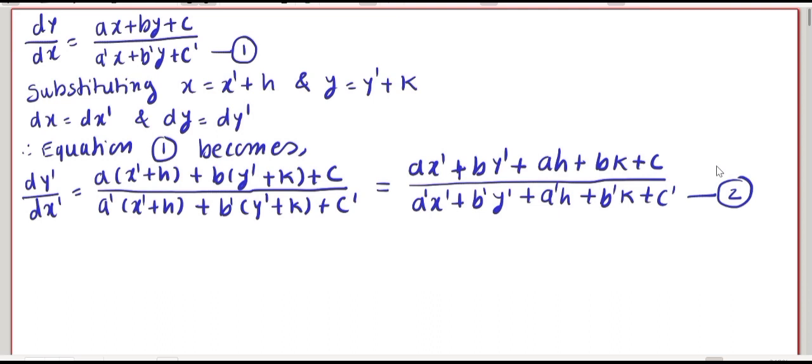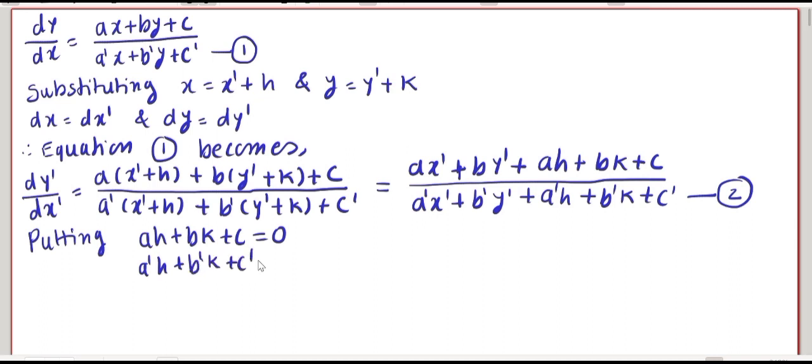Now, for finding the values of h and k, put ah plus bk plus c equal to 0 and a dash h plus b dash k plus c dash is equal to 0. Now putting these values in equation 2, then it becomes